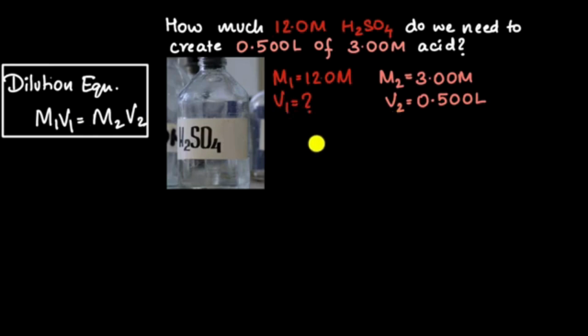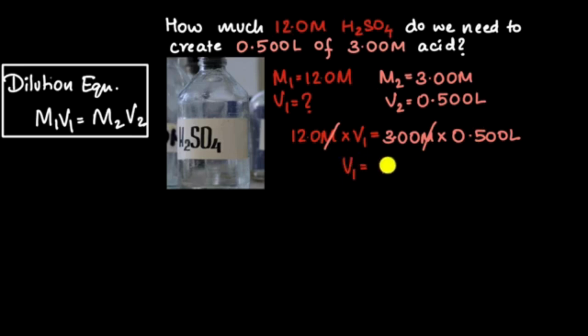So let's do that. Feel free to pause the video and try it on your own first, but we can do that now. So M1 V1 equals M2, so that's 3.00 times V2, that's 0.500. And we can simplify, so the molar cancels out over here. And so how much is our V1? Well, 3 times 0.5 is 1.5, and then I divide by 12 on both sides, so it's V1 equals 1.5